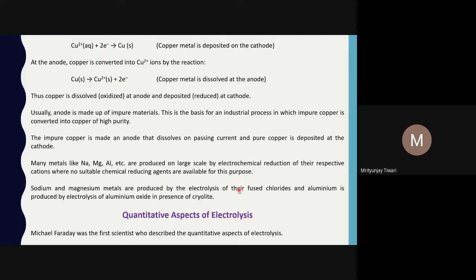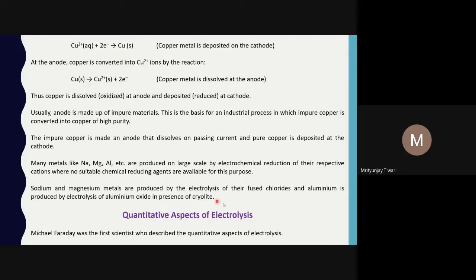But we know that if a certain impurity is added to sodium chloride, its melting point is decreased. So at a lower temperature it will melt, and you will get a molten salt. And once you get a molten salt, then you can do electrolysis to get the pure metal.